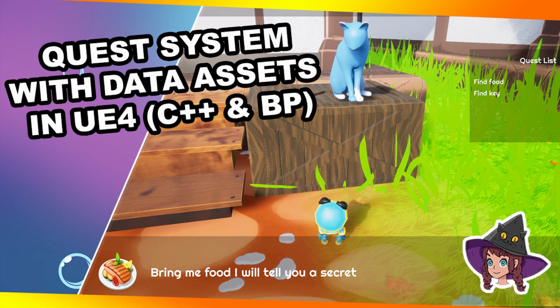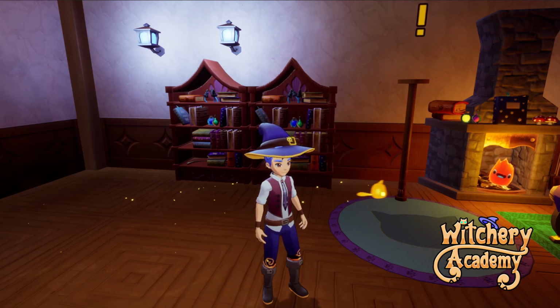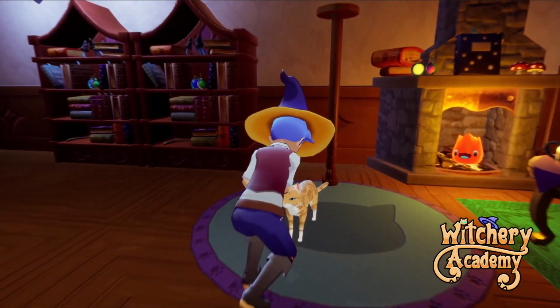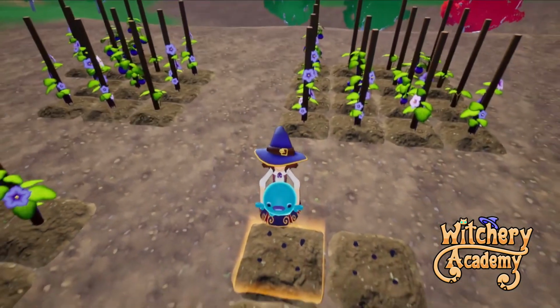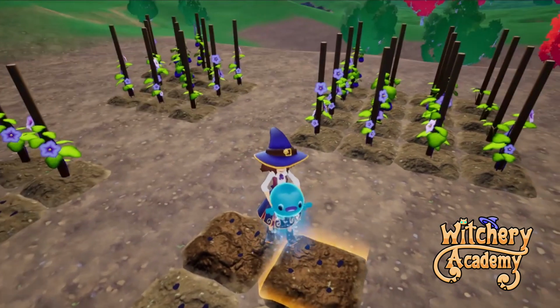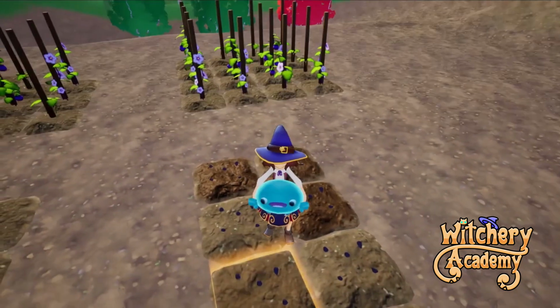My name is B. I'm the creator of Witcher Academy, a cozy live scene where you play as a wizard apprentice and have a fluffy cat as a spirit companion. You wake up every morning in your cozy home and your cat is there waiting for you, and then you're ready to go to the academy and go to different lessons to catch spells, brew potions, craft things, take care